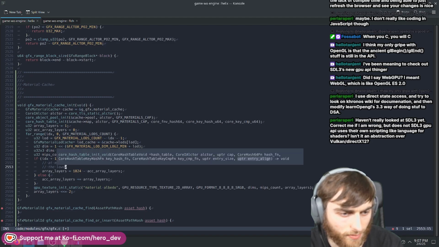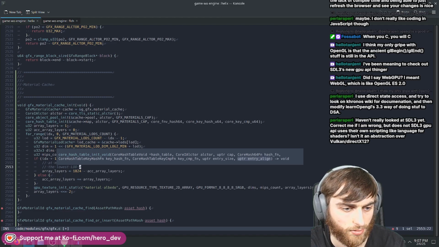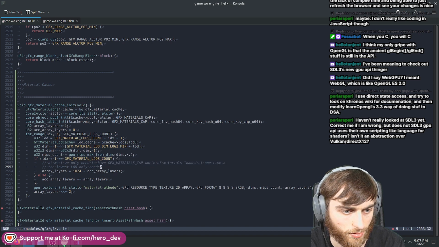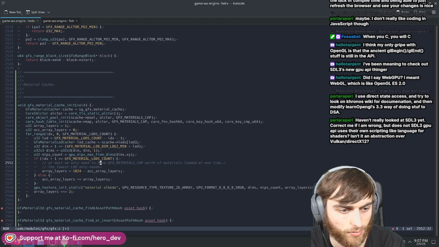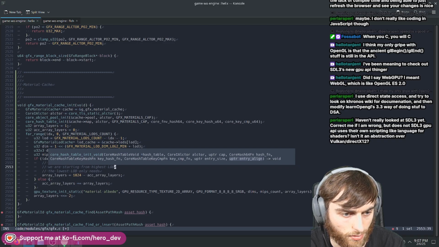The lowest level of detail only needs, so essentially we're doing powers of 4. We're starting from the highest LOD with one array layer, and